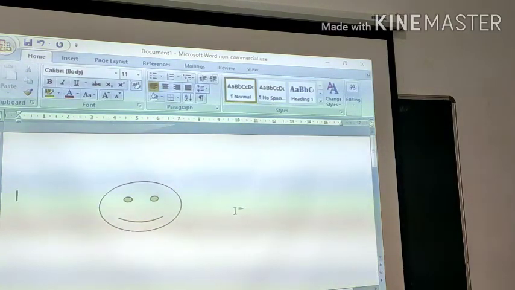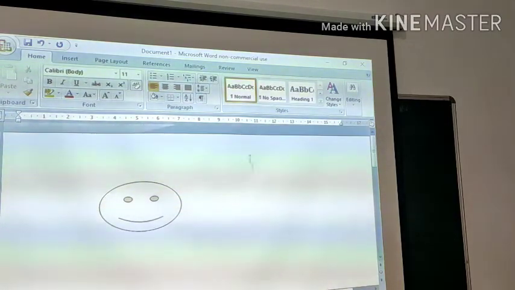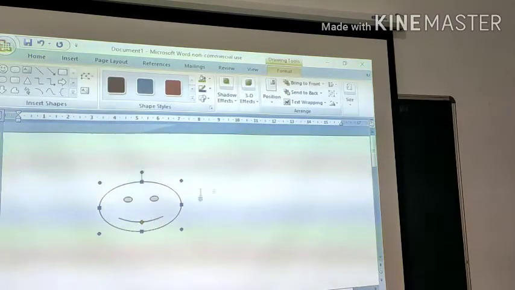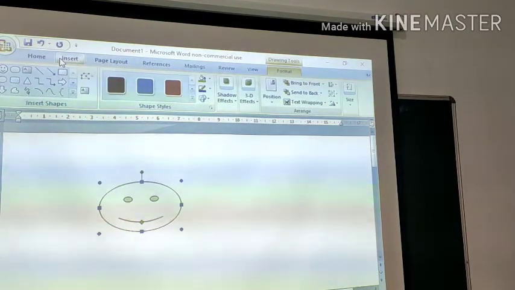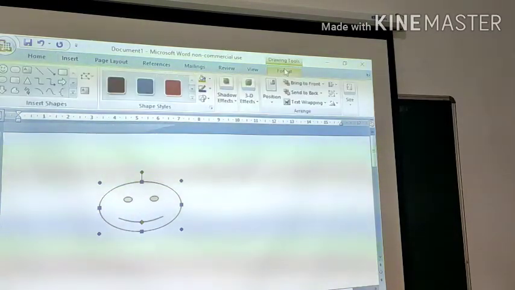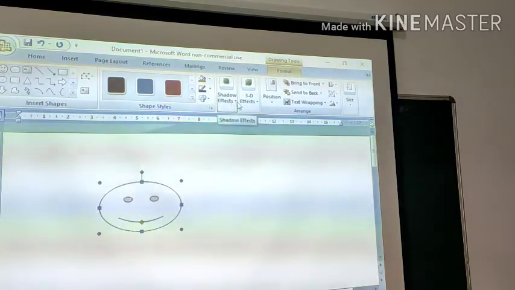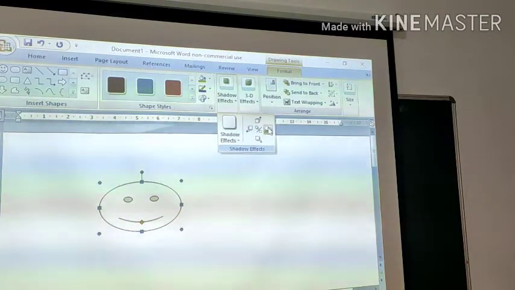Now I want to apply a shadow effect. So just click on this shape and go to the Format option. Go to the Format option and choose the Shadow Effect option. So these are the shadow effects. Click on this.